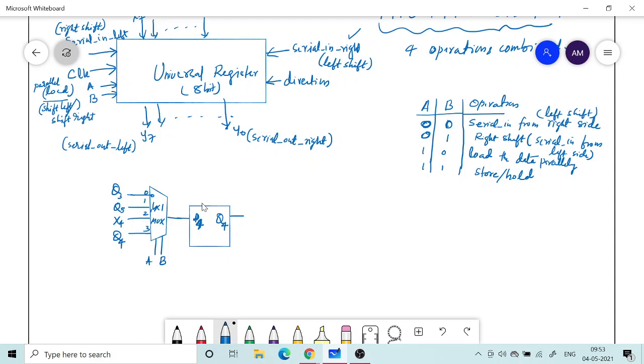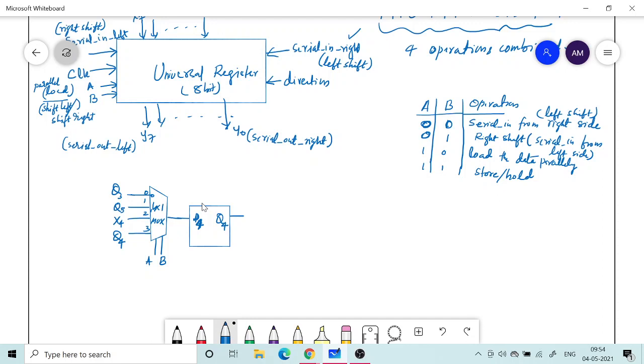I've just shown one particular subset. There will be 8 such things, and the extreme left and extreme right sub blocks will have slight difference, because there is no rightmost cell corresponding to, say, Q0, D0, Q0.